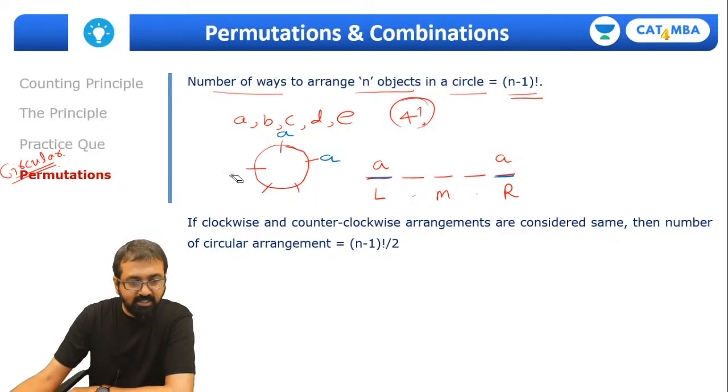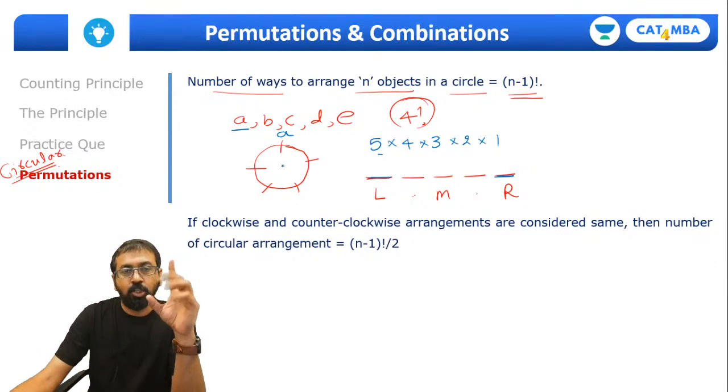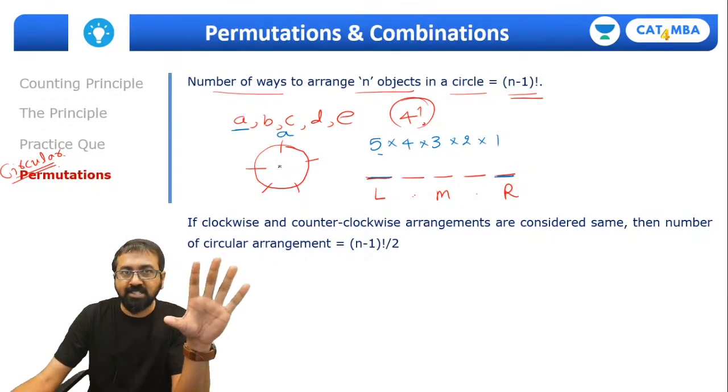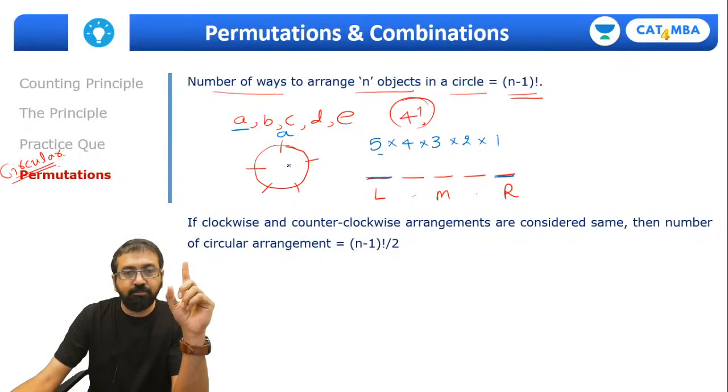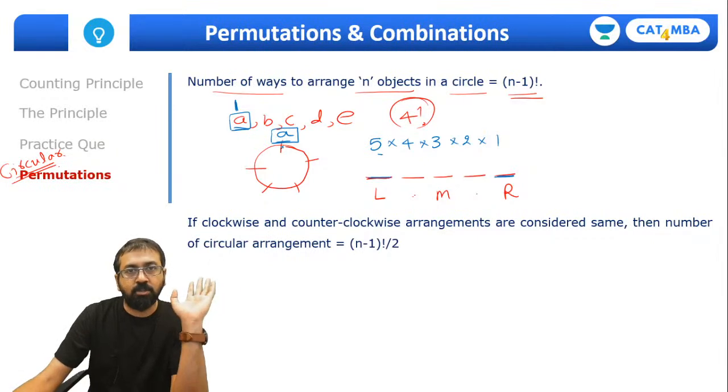Now let's understand. When there is a linear arrangement, for the first person there are 5 ways, for the second person there are 4 ways, for the third person there are 3 ways, and so on. But in the circular arrangement, for the first person there is only one position. Though there are 5 chairs, all 5 chairs are the same. There is only one position, right? So the first person can sit in just one way. Now suppose we have asked A to sit over here. A went and quietly sat there.